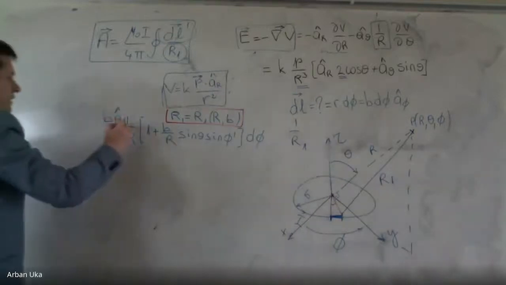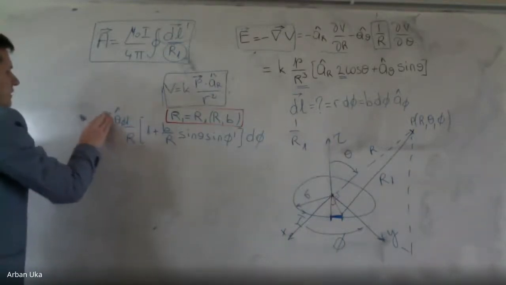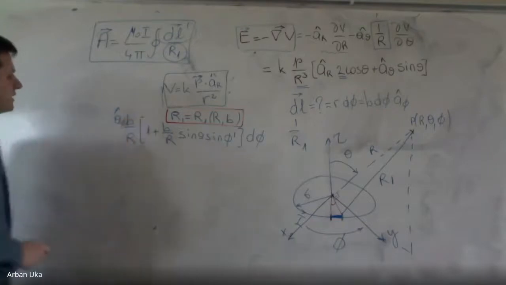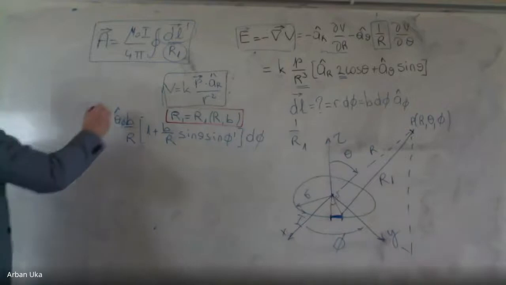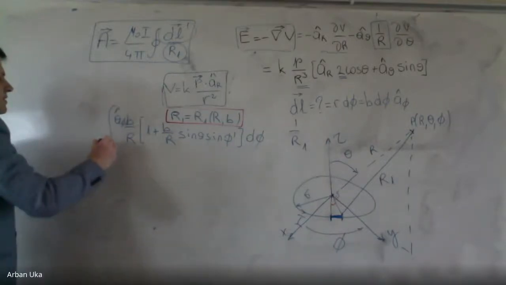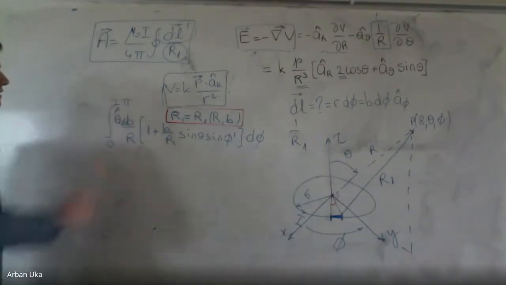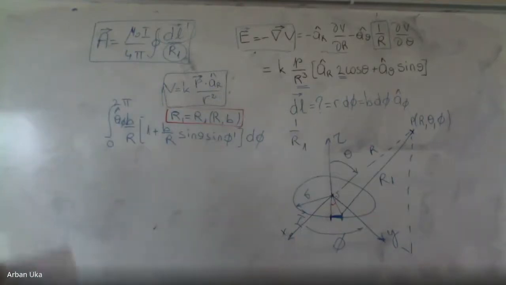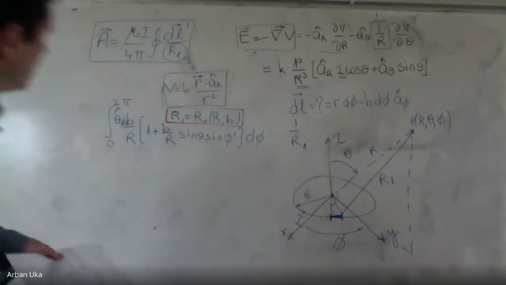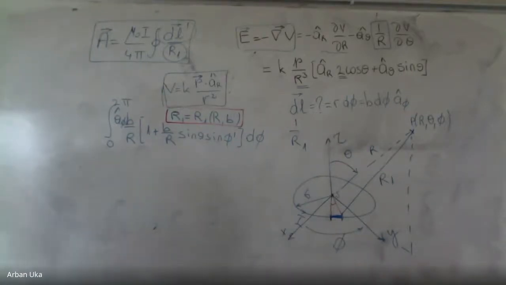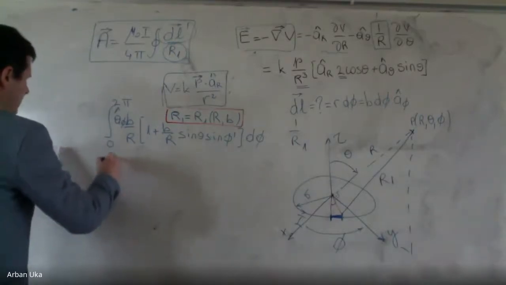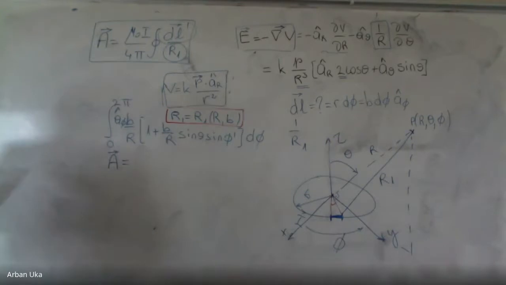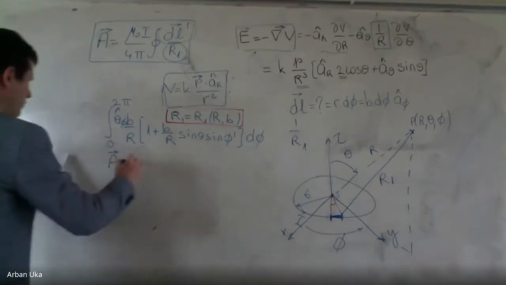This is 1 over r. Let me write the b here. So this is a phi b over r times all of these terms. And we take the integral from 0 to 2 pi, because these are the limits of phi. So if we integrate this expression, we find that the vector A, the magnetic potential A, is equal to a phi